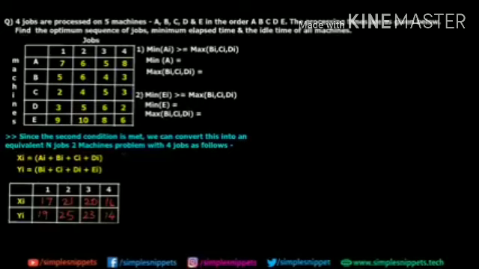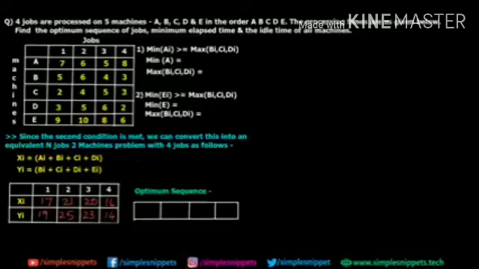That is, you first find the optimum sequence. So let's do that. To calculate the optimum sequence, we know that for the xi values we start from left to right, and for yi values we start from right to left. So to start filling this optimum sequence, we look at this table and find the least value. You can see right now the least value is 14, and since it is for yi, we start writing it from the right.